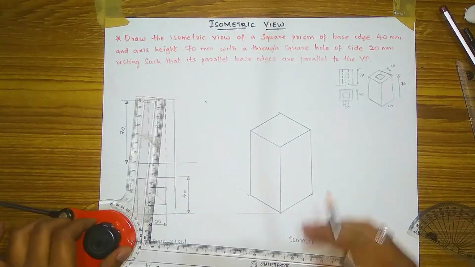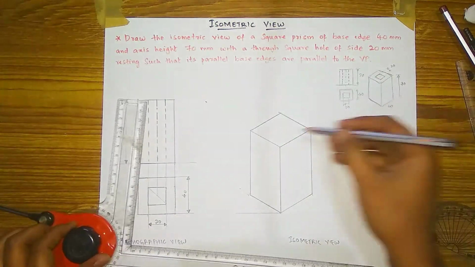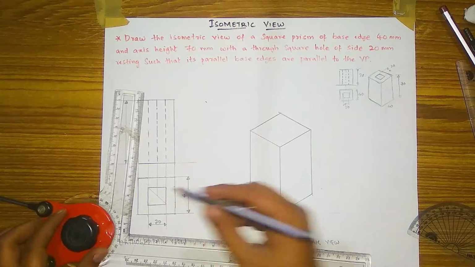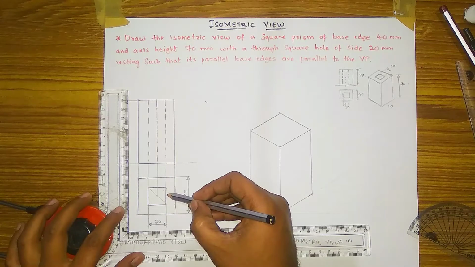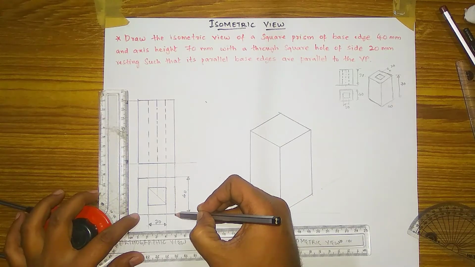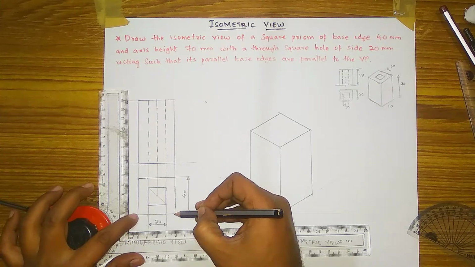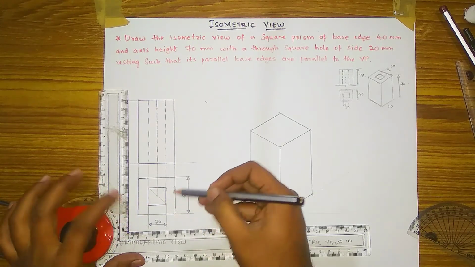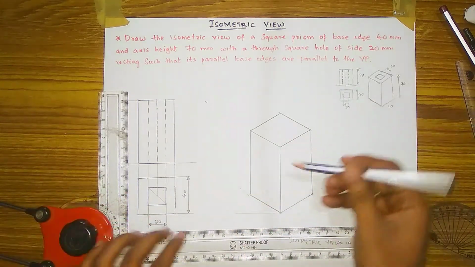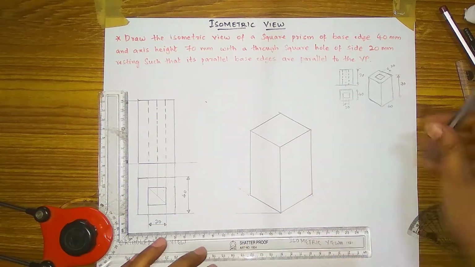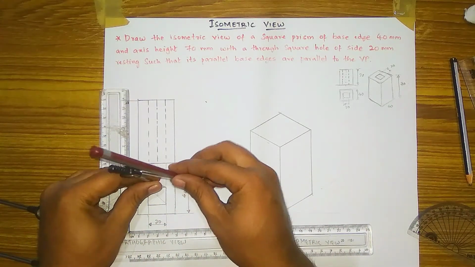Then after that draw the square for the cutout section. To draw this square, we take the same 20 mm. So this line length is 40 mm. This line is 20 mm. If you remove 20 from this 40 mm, the remaining length will be 20. 20 means this will be 10 mm and this will be 10 mm. So by taking a 10 mm distance from each of these lines, we can draw